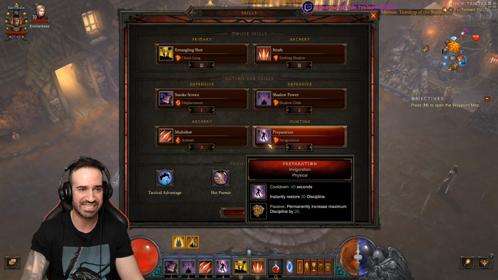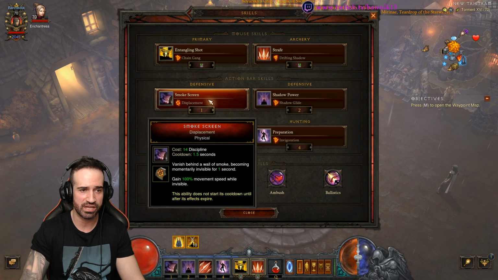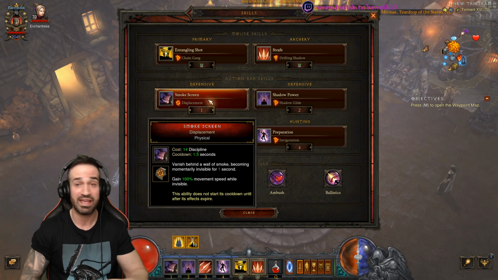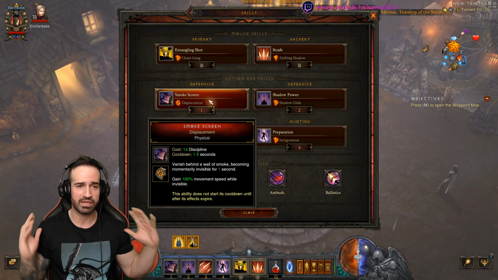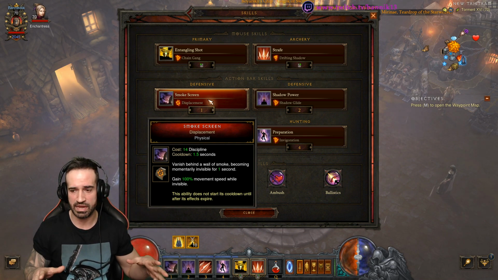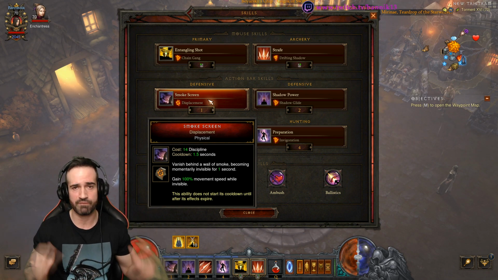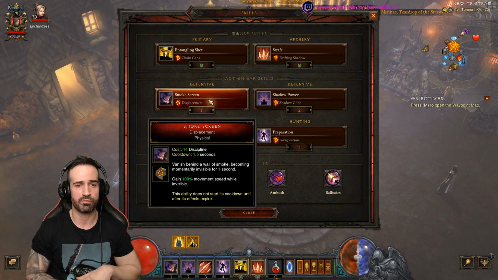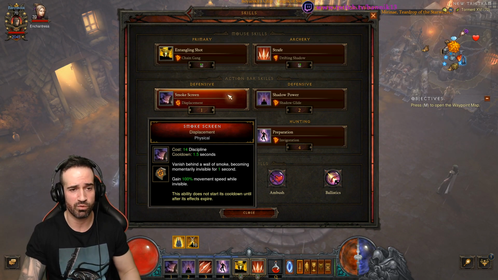The all-important skills that we're using: Entangling Shot with Chain Gang, Strafe with Drifting Shadow, Smoke Screen with Displacement. I am really focusing on movement speed increasing here because the game is very rewarding for speed. The quicker you do it, the more XP you get, the more items you get, everything, the more materials that you obtain. So we're going for 2 minutes or so, roughly, or under for these runs, while also trying to